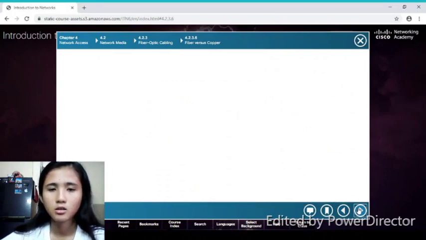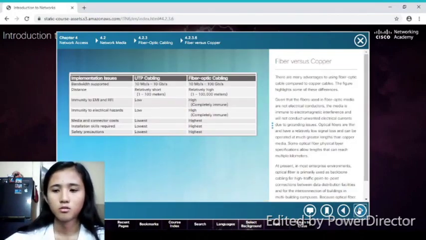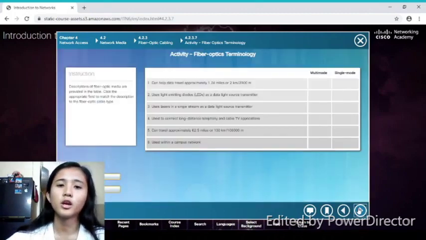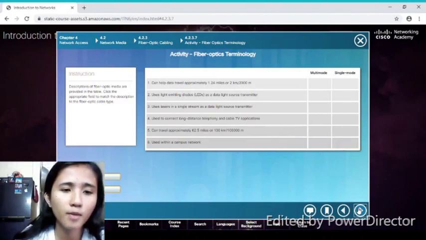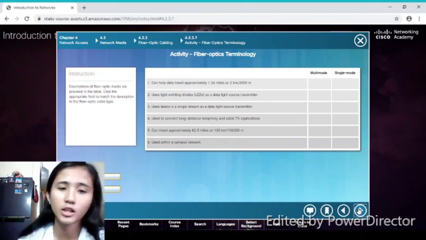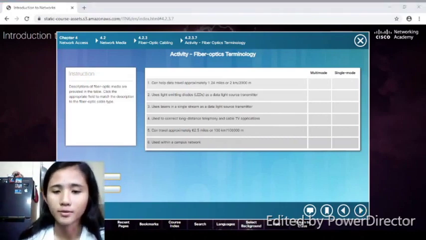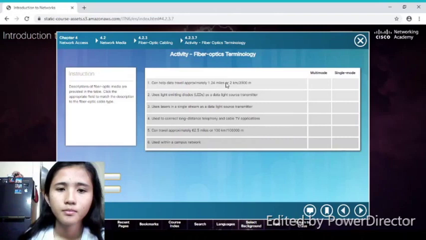Still finding. Oh, here. Activity: Fiber Optics Terminology. The instruction is that descriptions of the fiber optic media are provided in the table. Click the appropriate field to match the description to the fiber optic cable type. So let's start answering. Number 1, can help data travel approximately 1.24 miles or 2 kilometers. I think it is